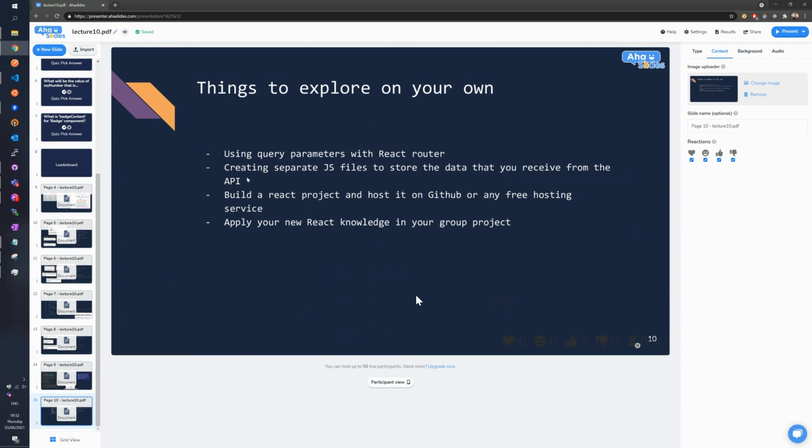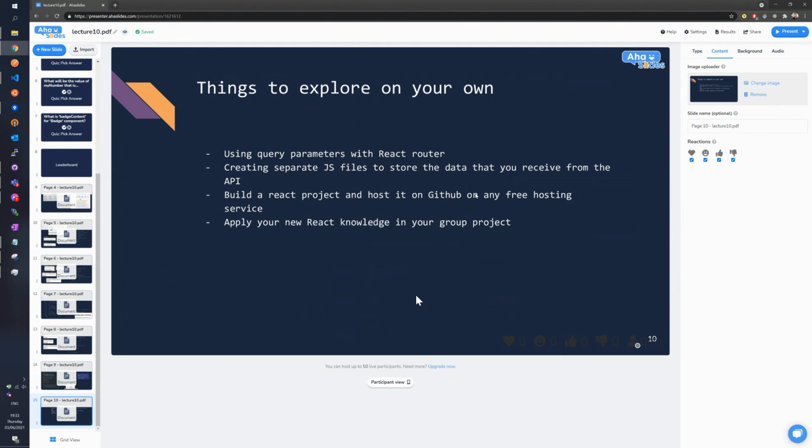Another thing to try out: in the example that I gave you, I do this API fetching every time I go on a new page. A very interesting thing to try out is to have a JavaScript file that contains the information that you fetched only once, and then you can use it in all the other routes. It might be useful in your group projects, at least most of the ones that I talked with the people about. Look into that.